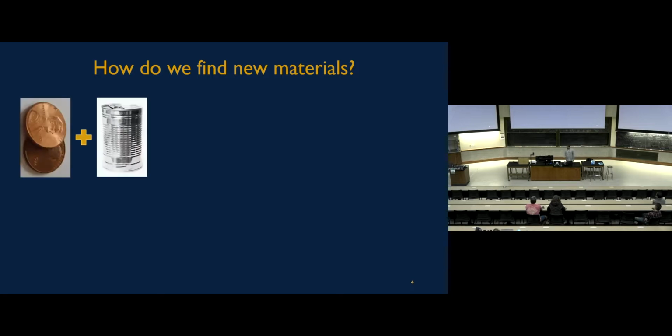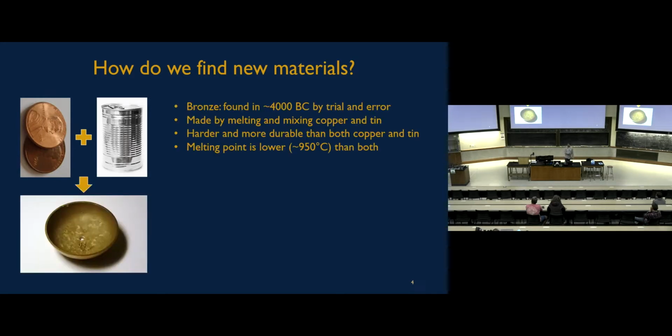So how do we go about doing it? Well, one of the most obvious ways is to just look for materials that exist in nature. So wood exists in nature and people use it to build stuff. All sorts of materials exist in nature that you don't have to discover. They're just lying around in front of you. The second strategy is to mix things that are available in nature. And this was done before we had anything that resembled material science. So for example, thousands of years ago, people decided to mix copper and tin, and they get bronze. So you don't just mix them, you have to melt them together and form an alloy.